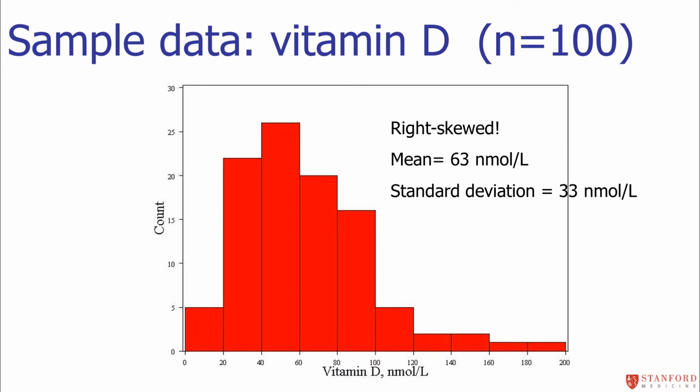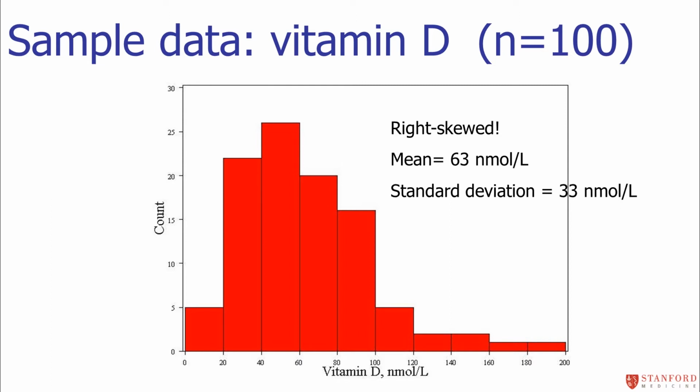So let me just illustrate for you this hypothetical made-up data. I have a sample of 100 men, and I've got their vitamin D levels, and I've plotted those vitamin D levels here in a histogram. Notice that the vitamin D levels in the sample follow a right-skewed distribution. That makes sense with something like vitamin D because you can't get lower than 0, but vitamin D can get quite high in a handful of people, so you get this tail out to the right. The mean vitamin D turned out to be 63 nanomoles per liter in my sample,